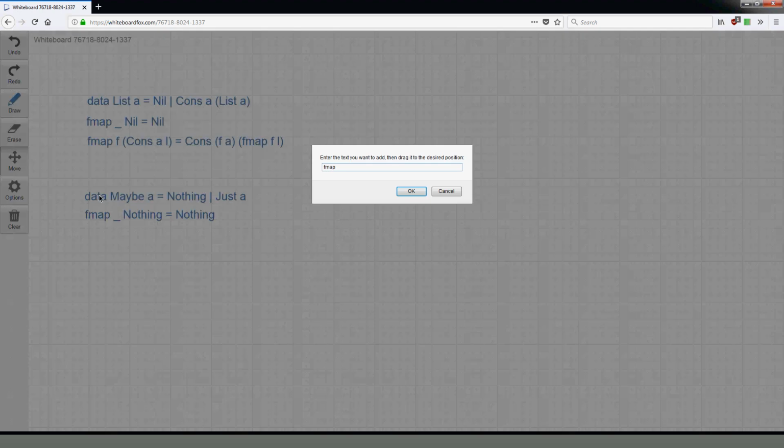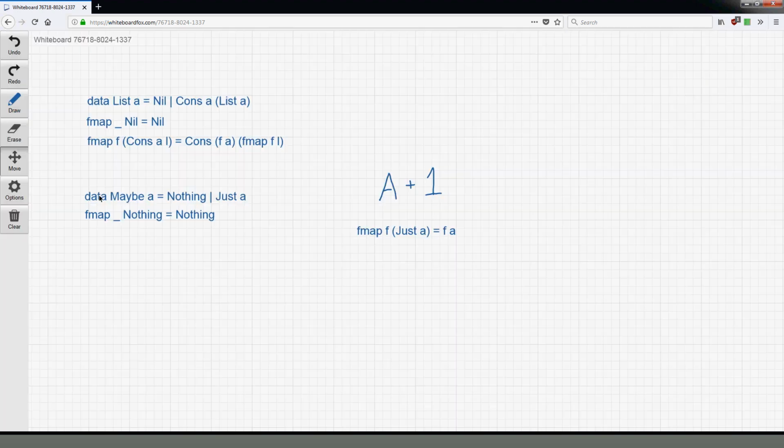Alternatively, boom, very simple, right? Very simple to implement, and now you have this functor, which essentially lets you write code